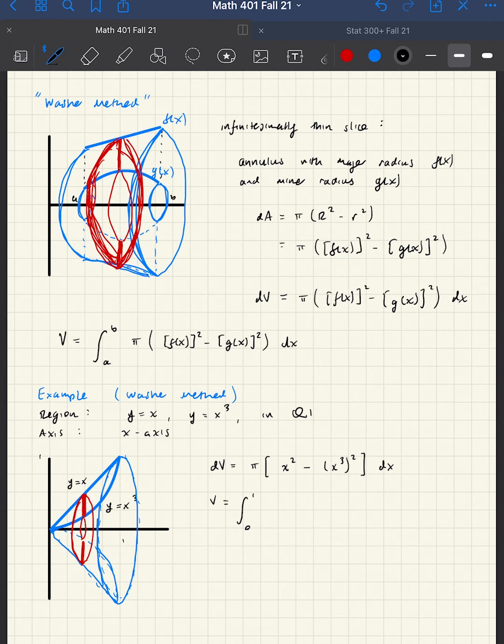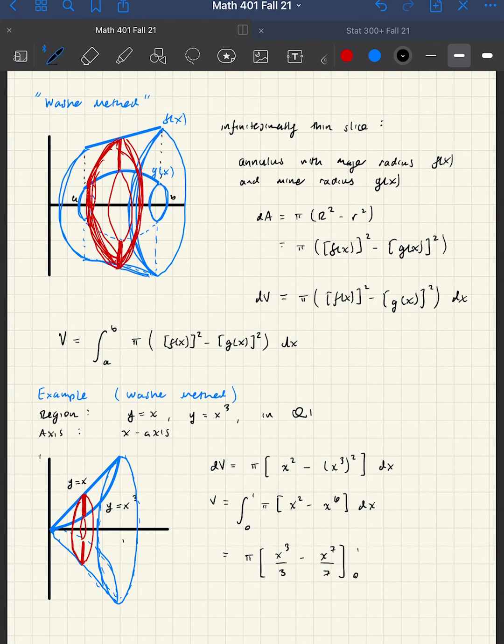We know this because that's what the region between x and x cubed looks like. It is bounded between 0 and 1. Of pi times x squared minus x to the 6th dx. And when we integrate that, we'll just finish it up right here. That's going to be pi times x cubed over 3 minus x to the 7th over 7